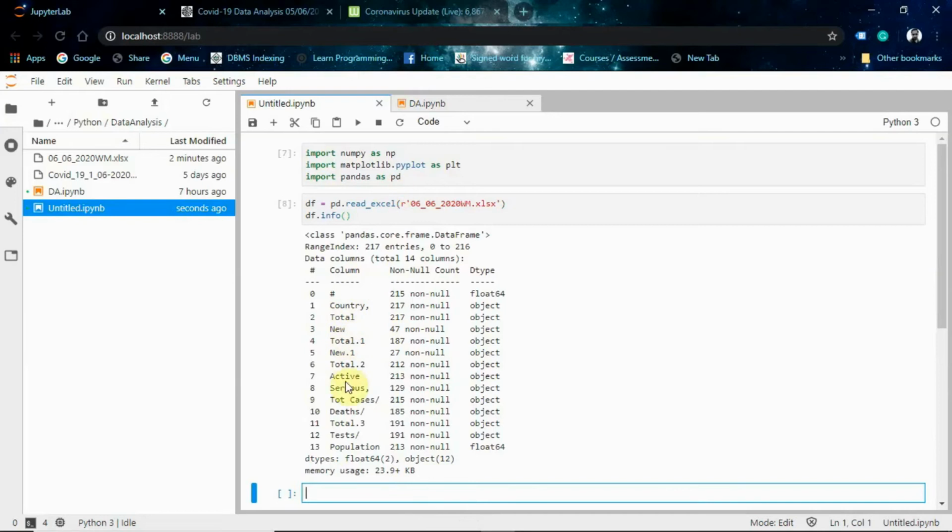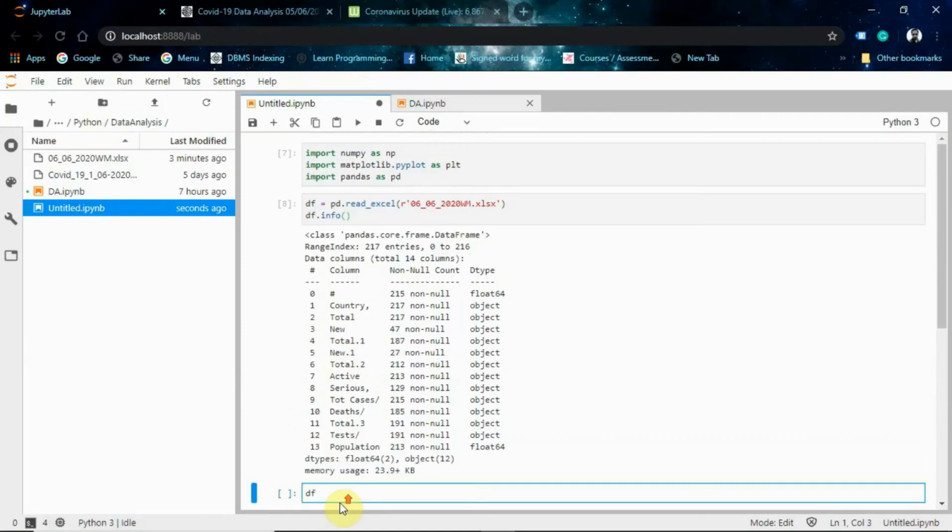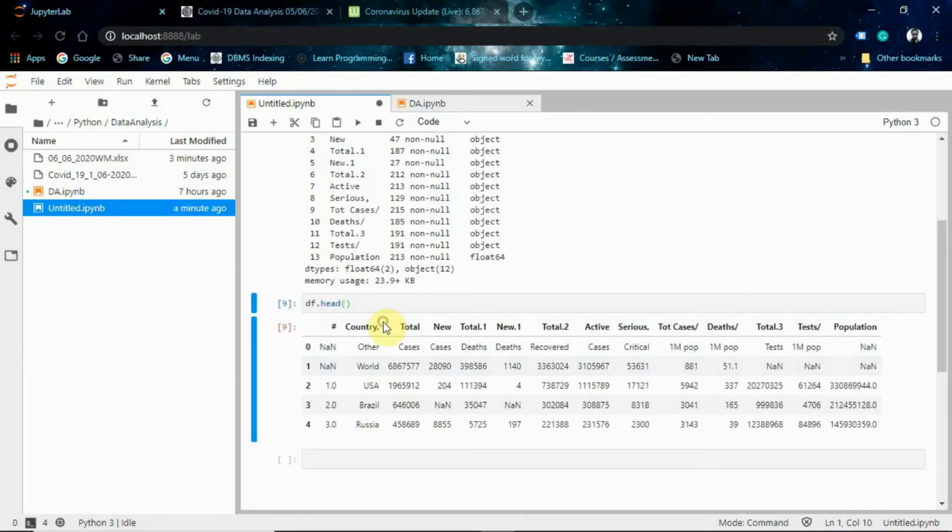It's pretty irrelevant, right? Just print the top 5 lines of our data. df is our data frame, dot head, it is going to print the first 5 lines. Only the top row is taken as the column name and the rest is considered as data.